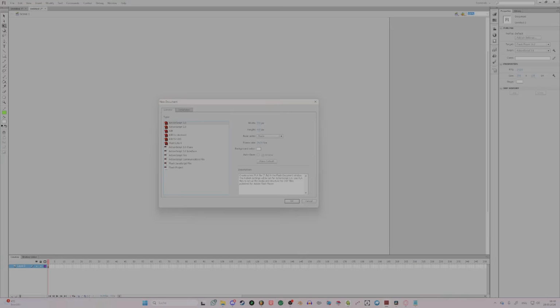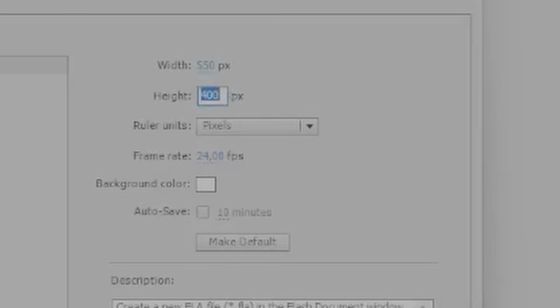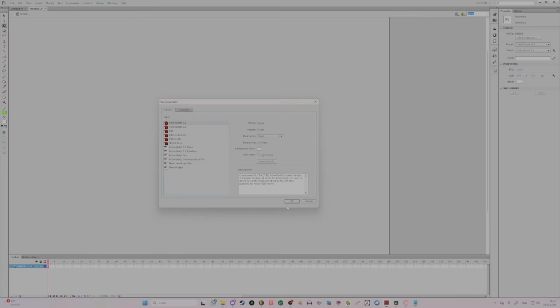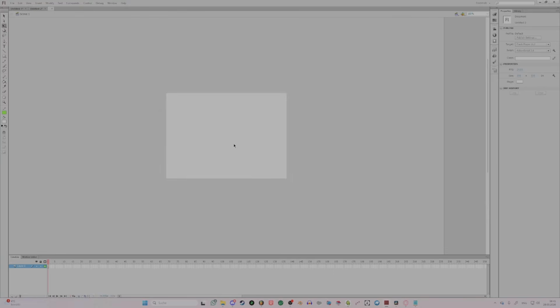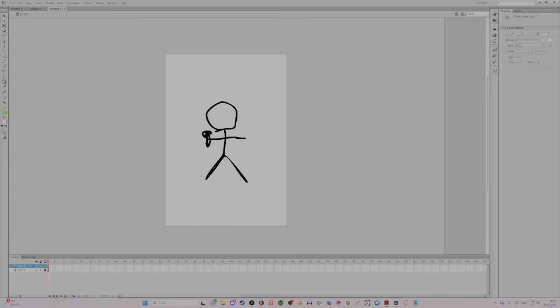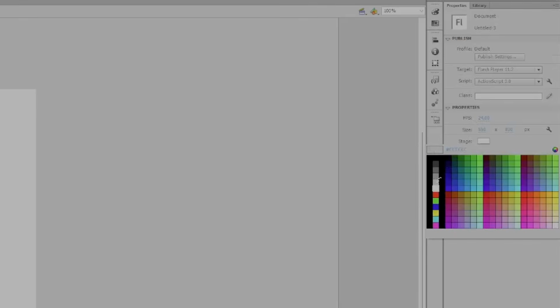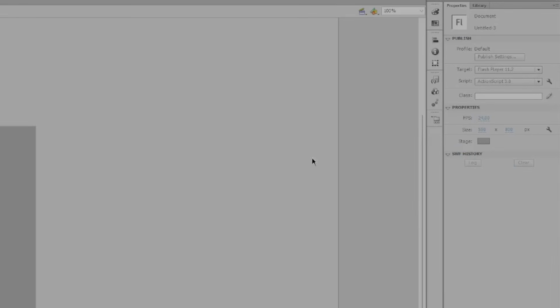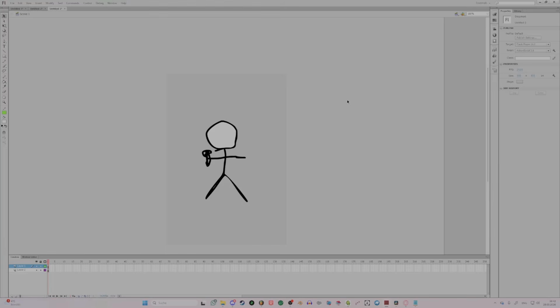Anyways, we're just gonna make a new project. We're just gonna make this like 800, more like vertical. You don't have to make it exact. Anyway, ActionScript 3, make that. I'm just gonna use my mouse for this, speedrun this. Like, this looks absolutely stunning. I recommend putting the stage on something like a bit gray, and then we're just gonna